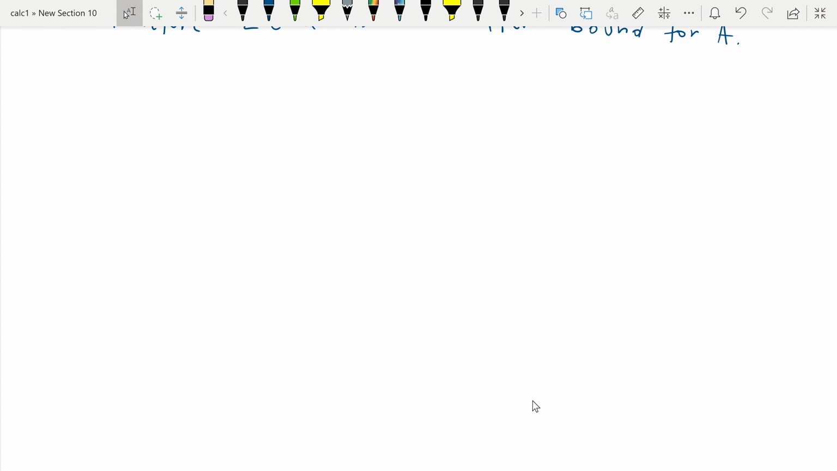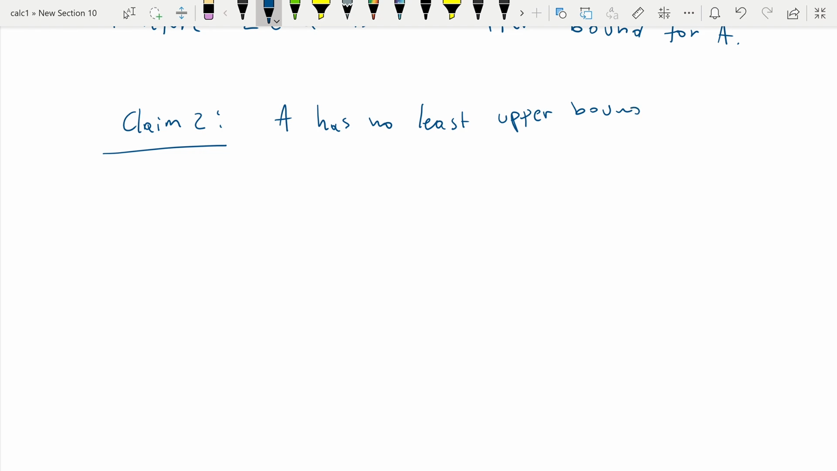Okay, now we make a second claim. That is, that A has no least upper bound. So to prove this claim,